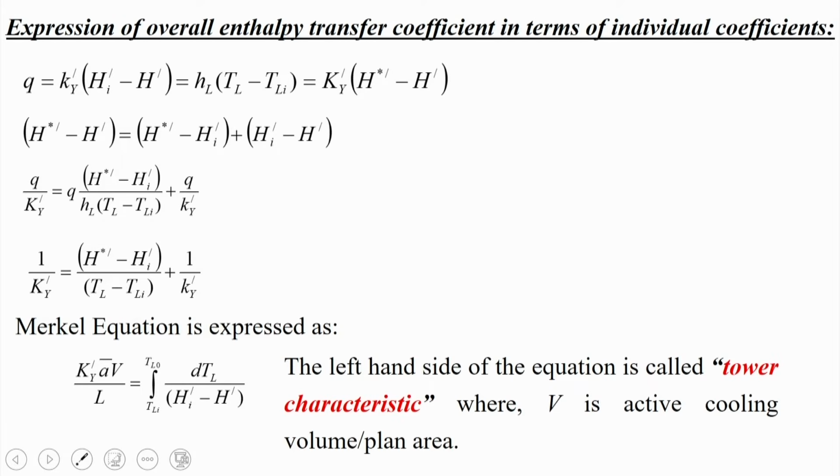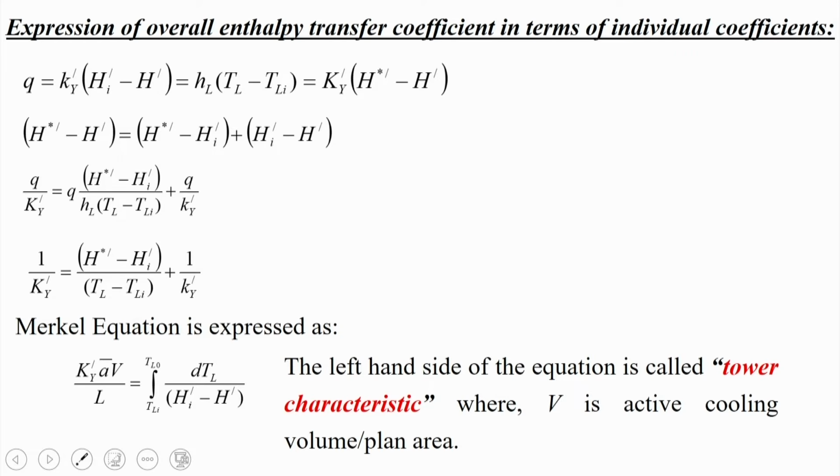By eliminating q from both sides, 1 by capital K y prime is equal to h star prime minus h I prime by T L minus T L I, plus 1 by small k y prime. So we can express the Merkel equation as